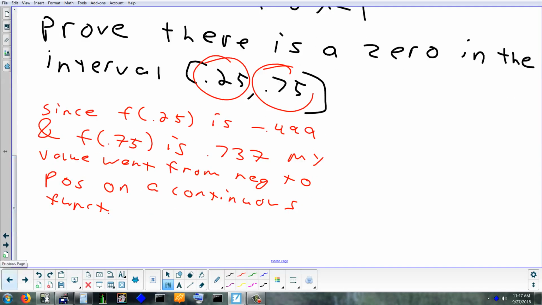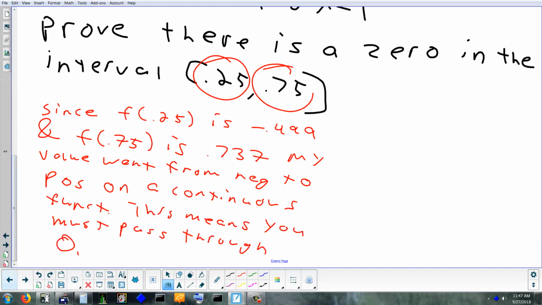This means I have to pass through 0. There's no way to go from negative to positive without passing through 0. You have to. So this means you must pass through 0. So what we just did is use the intermediate value theorem to prove that you had to